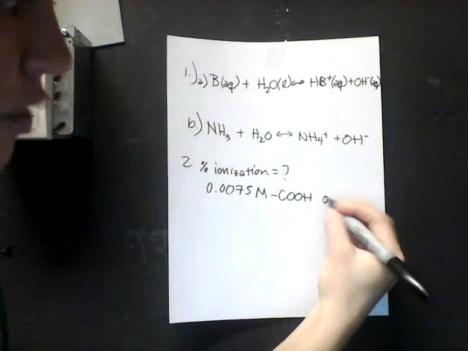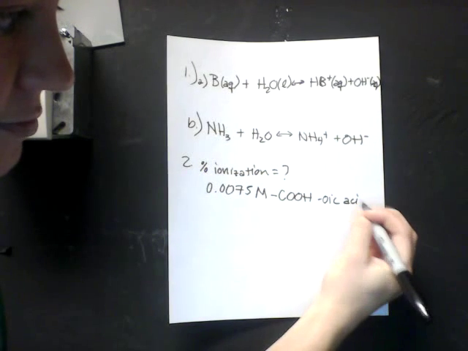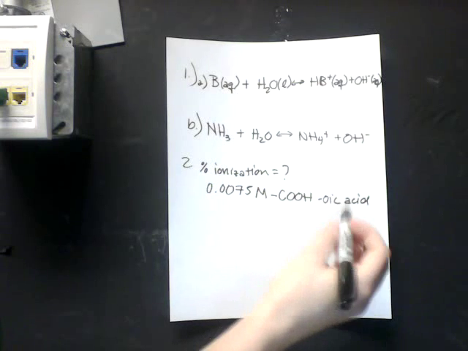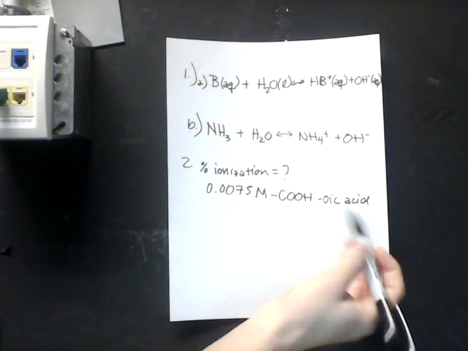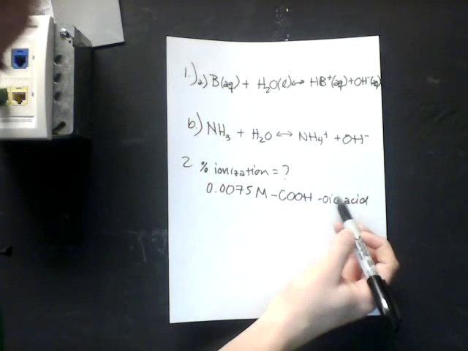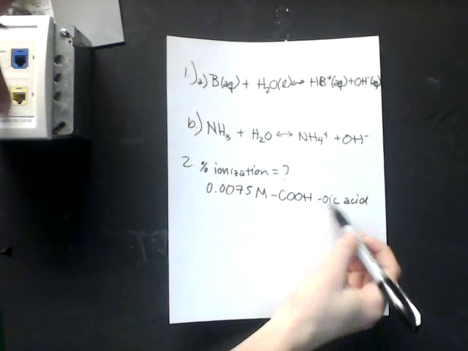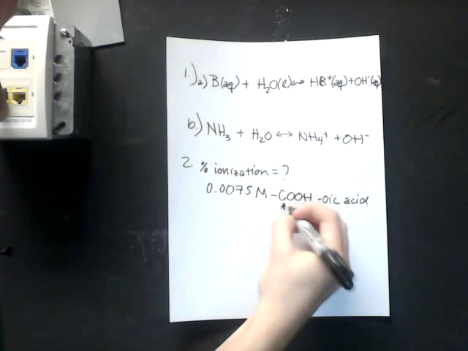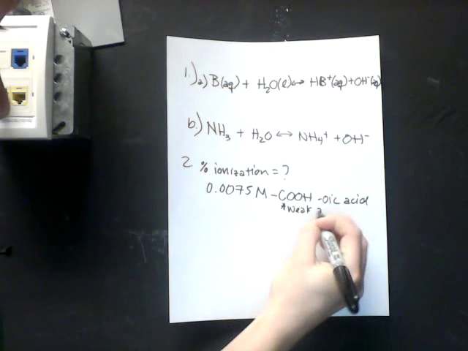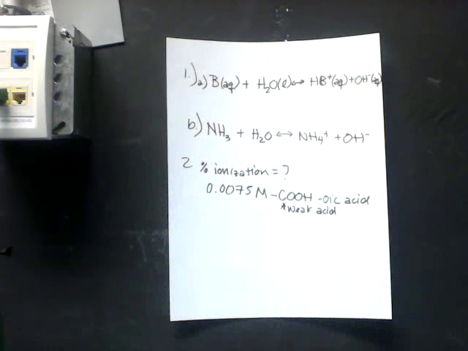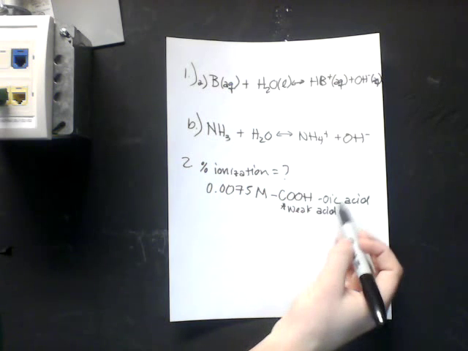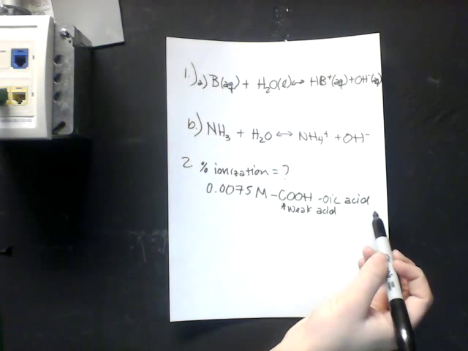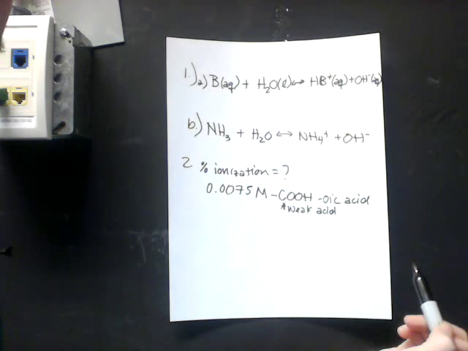But anytime I see oic acid, ethanoic acid, butanoic acid, hexanoic acid, anytime I see that oic at the end, like hexanoic or butanoic, in this case oic acid, that means it's that COOH. So we first assume that this is a weak acid. And remember what I told you about weak acids versus strong acids. Weak acids, you're going to have to set up that ice chart. So again, this is fairly easy to figure out that it's a weak acid. You just needed to remember that when you have that oic acid, then that is the COOH at the end,